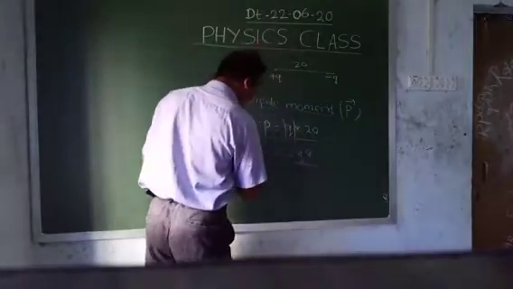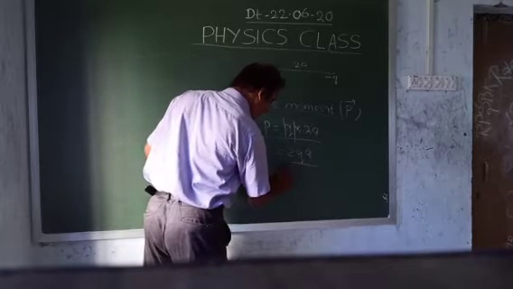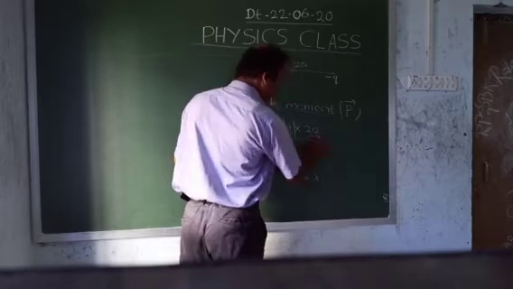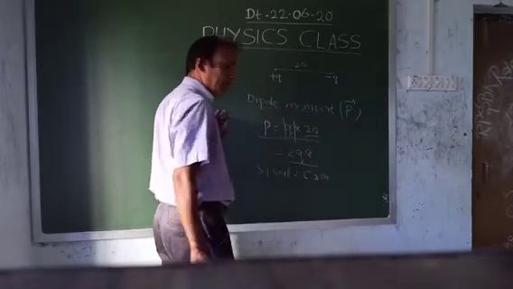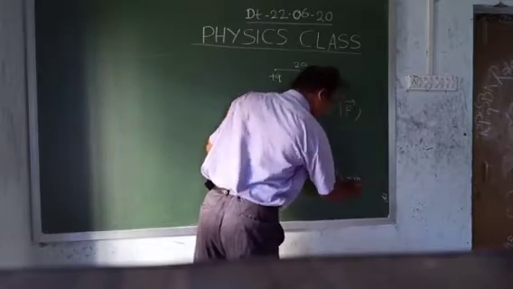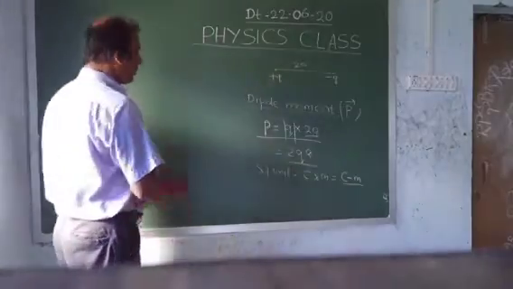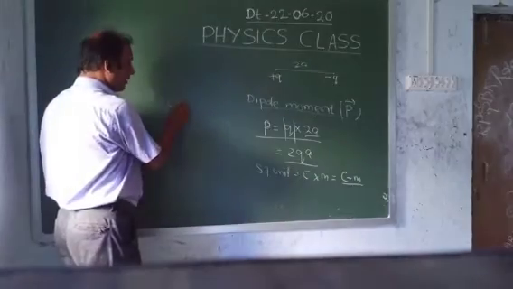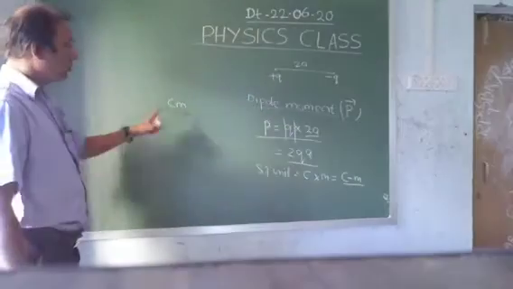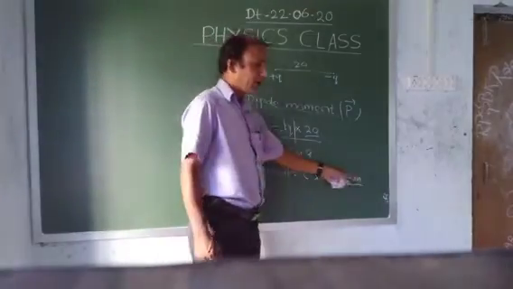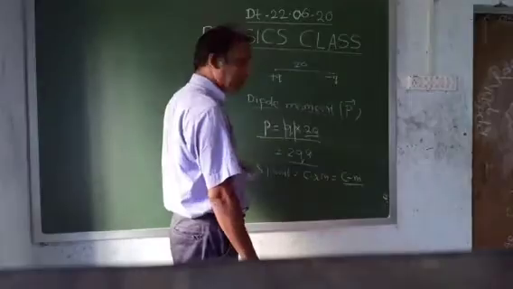And its SI unit is: the SI unit of q is coulomb and the distance is in meter. C multiplied with M is written like this: C hyphen M, coulomb meter. C for coulomb, M for meter. Most can directly write it like this, Cm, but it is understood to be centimeter. So don't write like this. It is written like this: C hyphen M, coulomb meter. This is the SI unit.